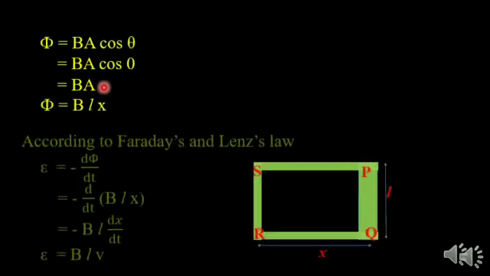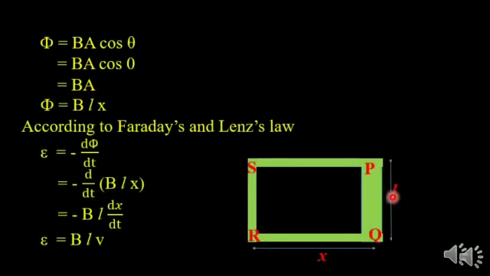If L is the length of the conductor and x is the distance from side RS to side PQ, then area of the loop A equals Lx. So, flux linked with the coil phi equals BLx. When the conductor PQ moves towards the left side with velocity v, the area of the rectangular loop decreases. This decrease in magnetic flux associated with the conductor induces an EMF at the ends of the conductor PQ.